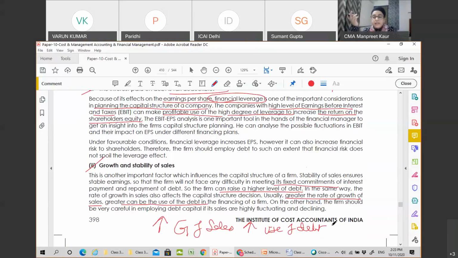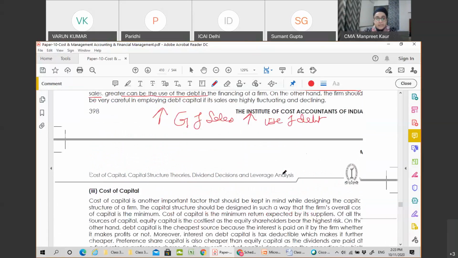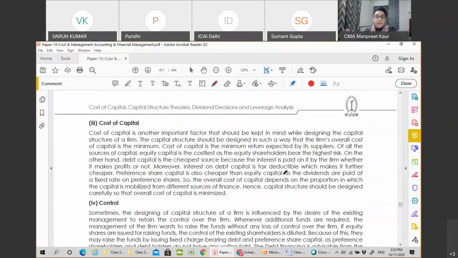इवन लेने के साथ साथ फर्म्स, हमें फाइनेंशियल इंस्टीट्यूशंस हमें बोल सकते हैं कि हाँ आप हमसे लोन ले लो, तो हमारी सेल्स अच्छी है. Next is the cost of capital. Cost of capital is the minimum rate of return. Overall cost of capital is the minimum. इट मीन्स हमारी कॉस्ट ऑफ जो हमारे सप्लायर्स एक्सपेक्ट करते हैं, जो मिनिमम रेट ऑफ रिटर्न वो हम प्रोवाइड कर पा रहे हैं. तो दैट मीन्स हम लोग debt capital is the cheapest source because the interest is paid